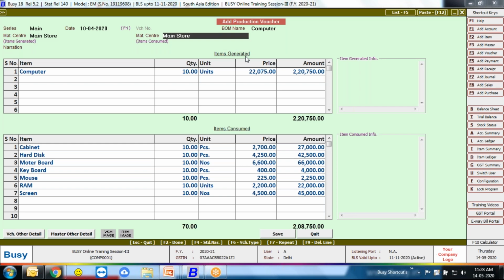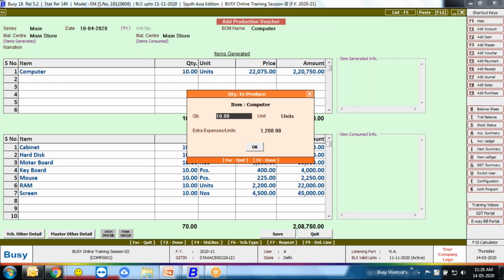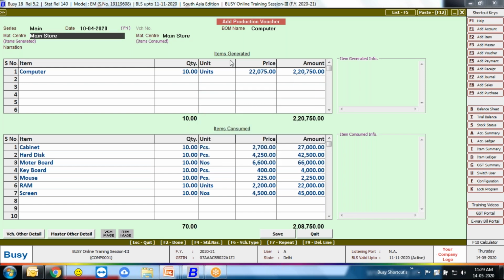As you all know, when we select the bill of material, we defined here 1,200 rupees per unit expenses. So 1,200 into 10 means 12,000 rupees for your assembling or labor charges, which will be automatically added to your finished product costing.